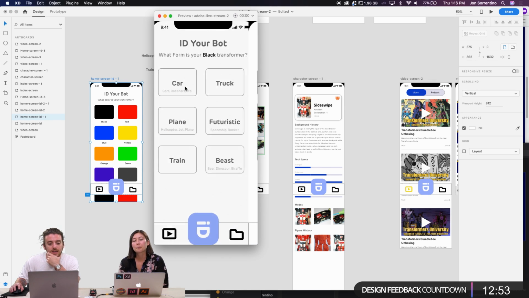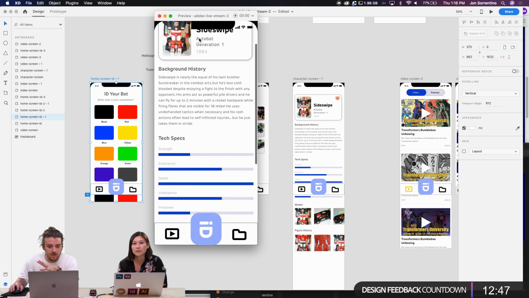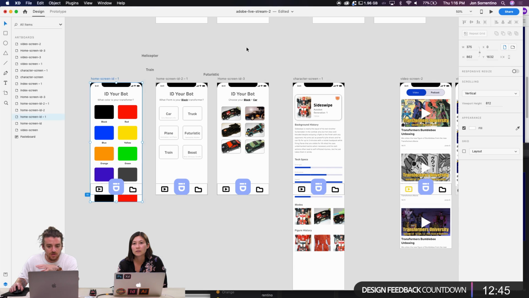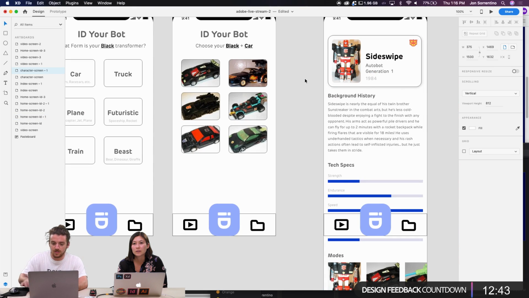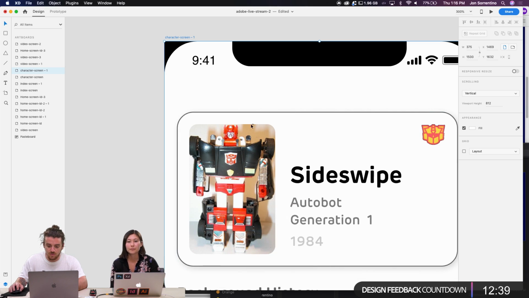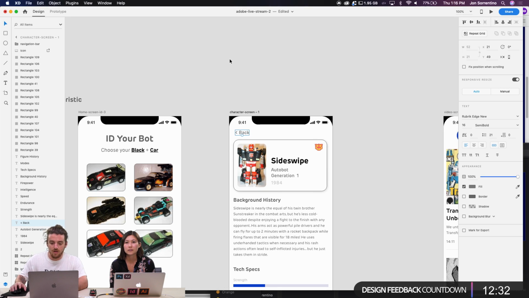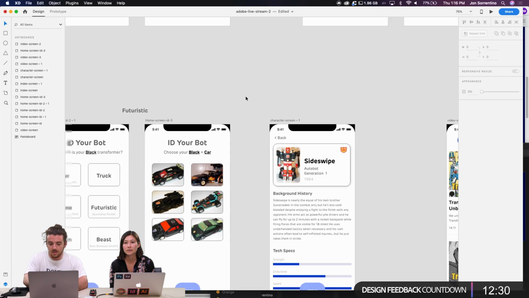So we can go through. We have our little colors to choose or find your bot here. And what I want to do is have a little back button here just for now, so it's not a dead end. We can go back, say you click into the wrong one. So I just want to make this back button really quickly. Right there. Probably not the best use of space, but that's okay.